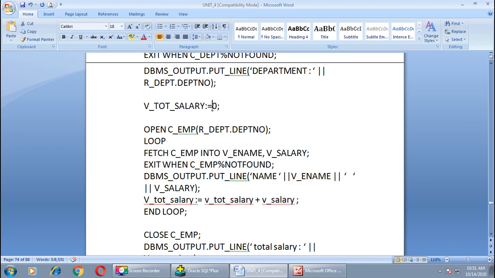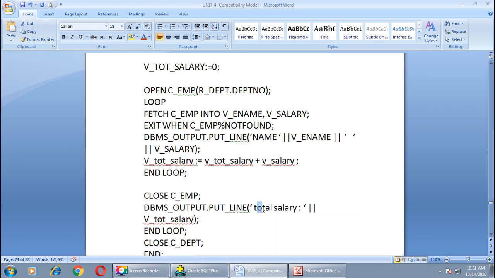V total salary is 0; 0 plus V salary means whatever record comes with the help of the select statement, the salary of that particular record we want to add to this one, whatever value is stored in this variable. Now end of loop, close the cursor C employee and print the total salary for the first department. Then end of the outer loop, and close C department.